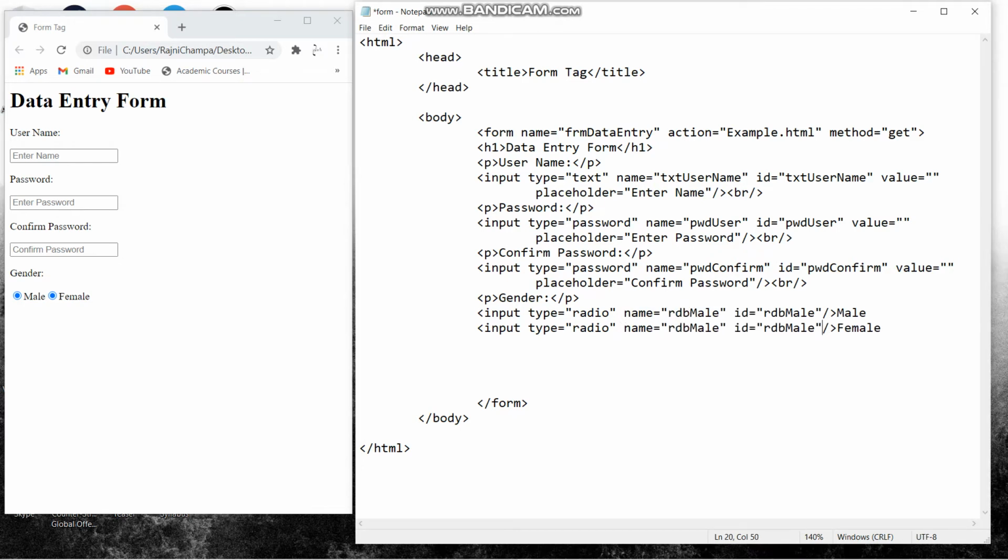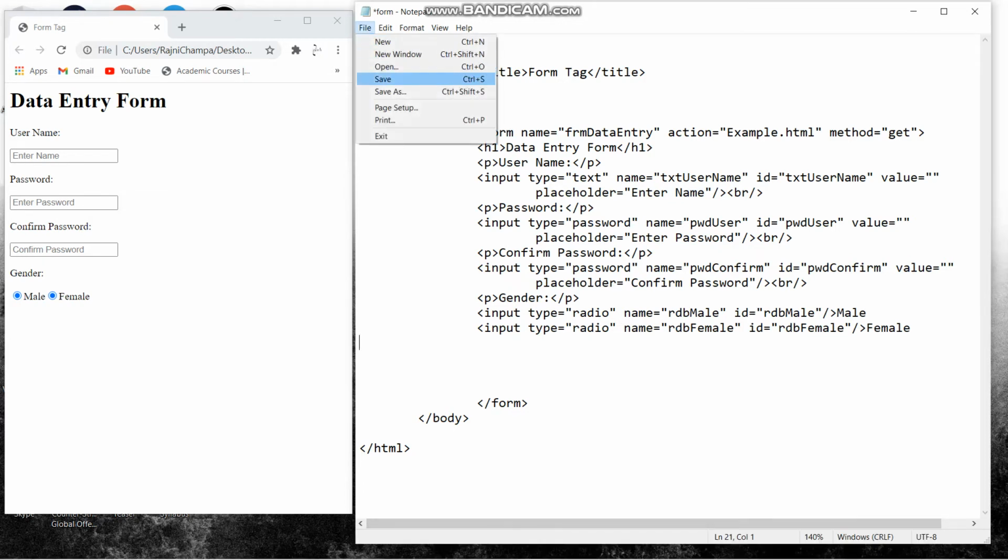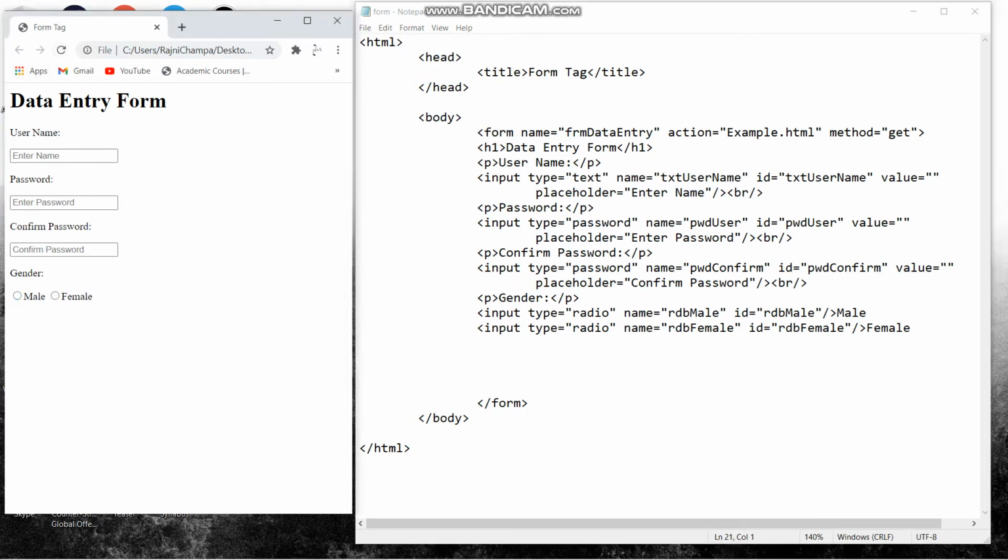I'm copying this whole field and pasting it on the female radio box, and here I'm giving it the name rdb female, and rdb female in the ID. When I save it and refresh, it is giving male. But the problem is that both of the radio boxes are getting clicked at the same time.